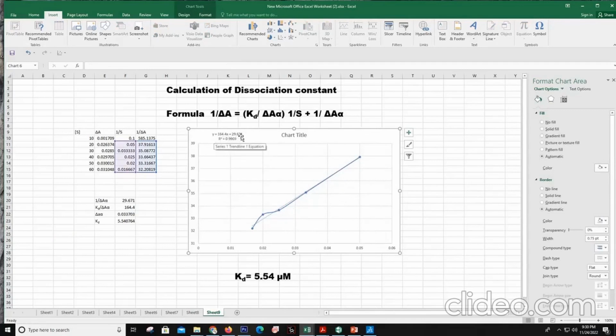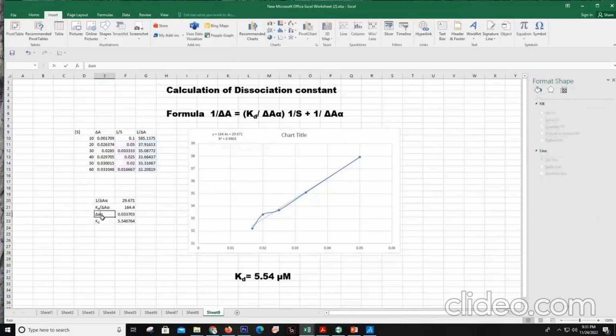So the intercept of this line is 29.671, which will be equal to 1 divided by delta A alpha. Here we can see 1 divided by delta A alpha is 29.671, and the slope of this line is 164.4, which will be equal to Kd divided by delta A alpha. So Kd divided by delta A alpha is 164.4. From this 1 by delta A alpha value, we can calculate the value of delta A alpha. So delta A alpha is equal to 1 divided by this value, which comes to be